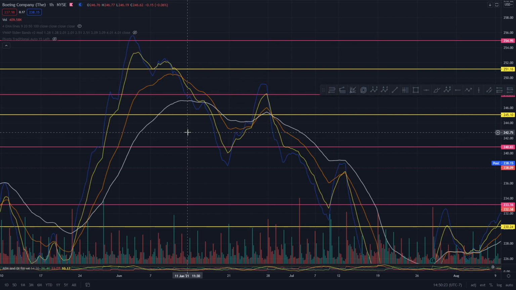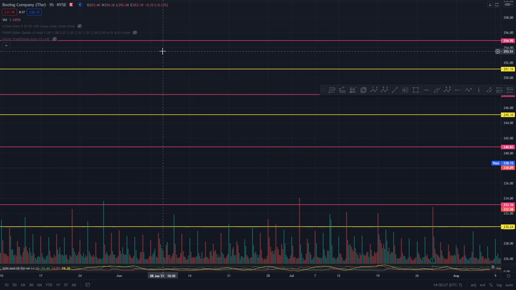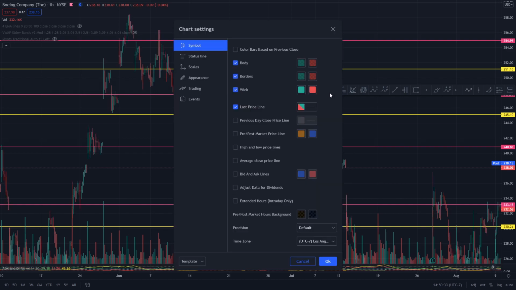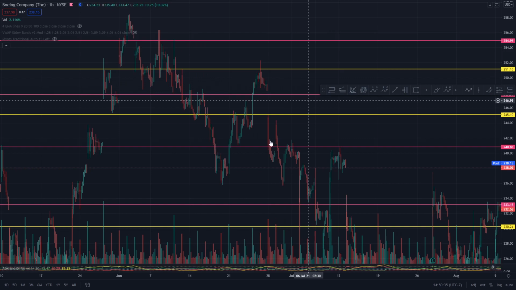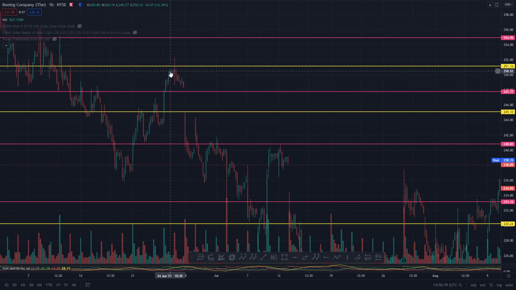I'm going to save this because I'm doing this for myself, so might as well. Okay, control, save. All right, and now let's turn on the candles. Got the candles on. As you can see, like I said, you couldn't get over this golden cross, so we bled through, picked up more momentum, broke through this golden cross, rejected hard, picked up even more momentum, and then we reverse, snap back,